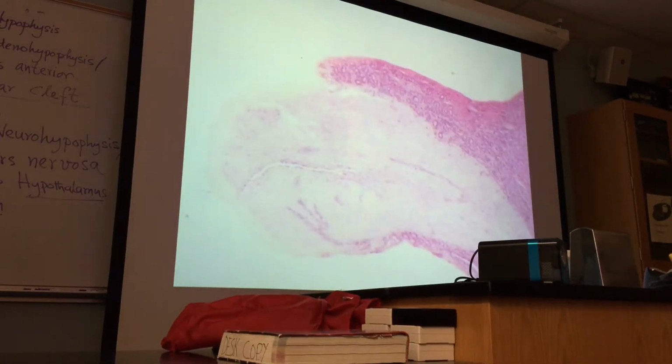Infundibulum, hypothalamus. This is the pituitary. This is anterior pituitary. This is posterior pituitary. Okay? Capisce? Now, another slide of the pituitary gland, and this is a specially prepared slide, and you will be